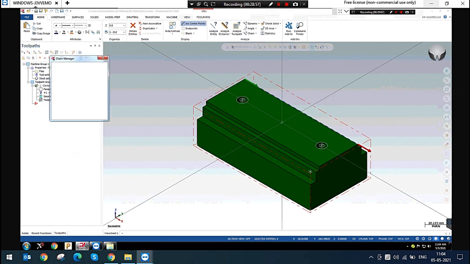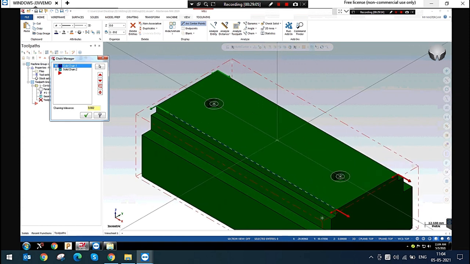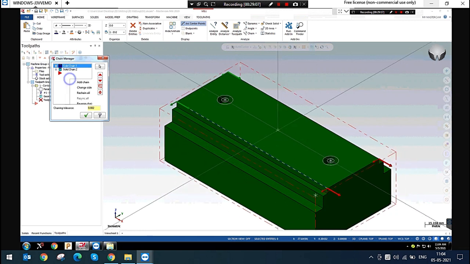No problem. I just selected this, and we can see this better. So this is outside from this model, but my another chain is inside from this model. If you give change chain, the point will go to inside of this. In this case, if you select another chain, there is a motion, either clockwise or counterclockwise. If you select your chains, that will go only one direction, only clockwise or only counterclockwise.